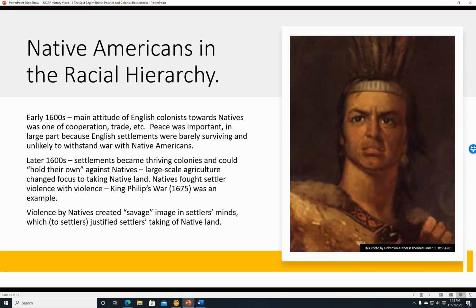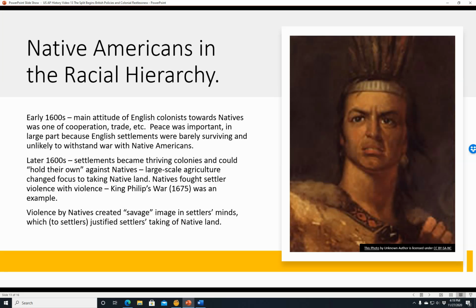Native Americans in the racial hierarchy. In the early 1600s, the main attitude of English colonists towards natives was one of cooperation, trade, etc. Peace was important in large part because the English settlements were barely surviving, and let's face it, they wouldn't survive a war with the Native Americans. If they really tried to go all out against the natives, they would have just gotten killed, literally. Later 1600s,